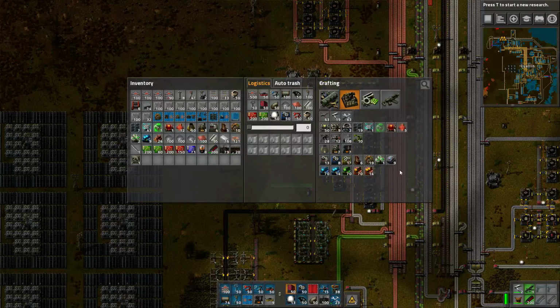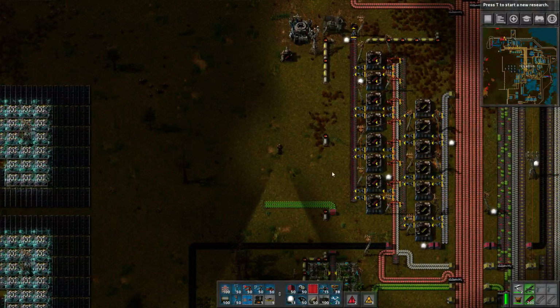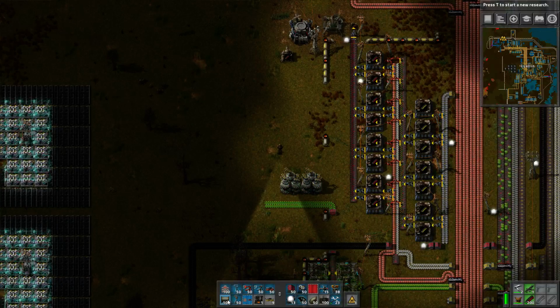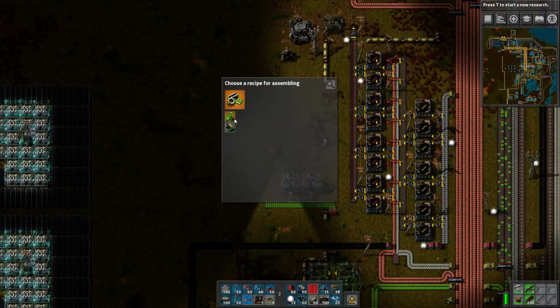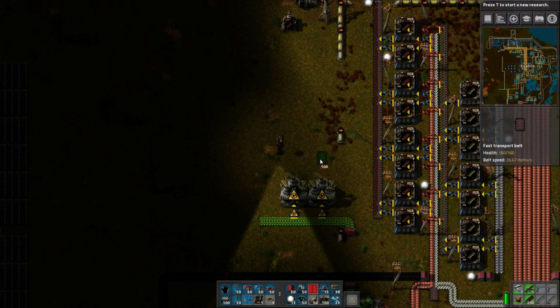And I'm going to need uranium fuel cells, which are made using uranium-235 and uranium-238 plus iron. So we're going to need to get iron over here. Let's not worry about that yet. However, I think what happens is we put some centrifuges in. And I assume you do this. You could also reprocess, which is nice. Then I assume...